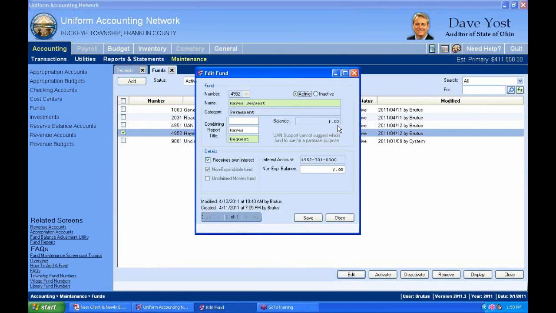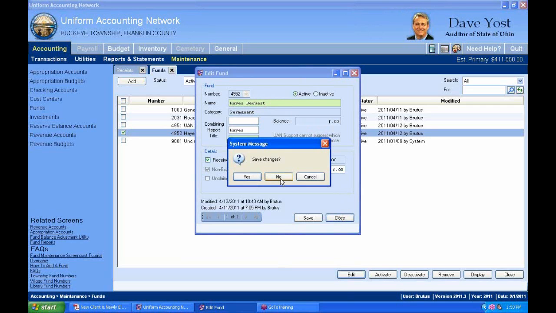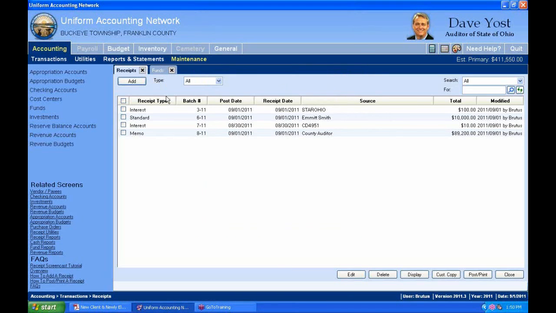And I'm thinking, well, I should be able to enter the non-expendable balance, but look, I don't have a cash balance. What went wrong? Well, I did that on purpose, just to illustrate the point. Even though we entered those receipts, remember, we never actually posted them to cash. I'm not going to save that, because if you see anything in here, this means it's in batch. It has not posted to cash. And so it hasn't become part of my permanent record so far. It hasn't increased or decreased my cash balances. None of that has occurred